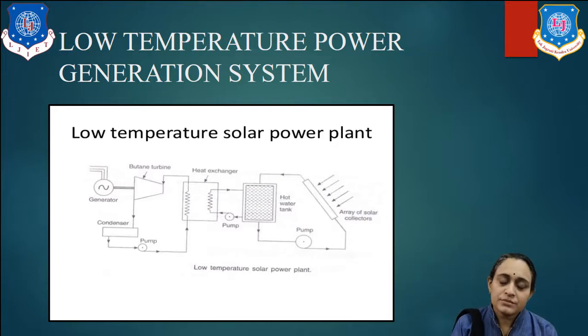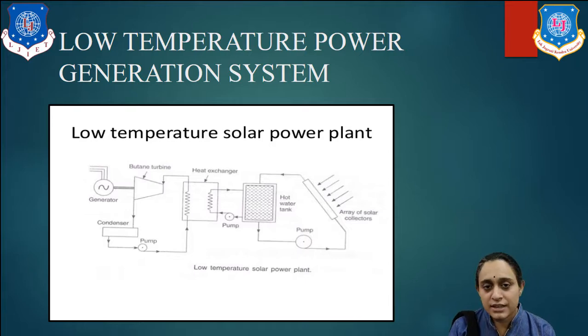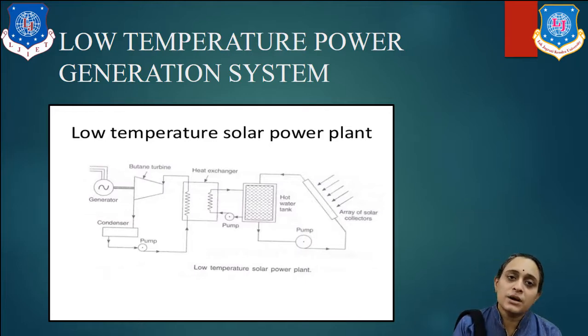As you see in this diagram, first of all, we are discussing the thermal power generation system. For this, we need to use a turbine, and we have to produce steam to generate the electricity. If we are considering low temperature generation, it means less than 100 degrees centigrade. Water is heated by an array of flat plate collectors to obtain the maximum temperature of the system. Hot water at about 100 degrees, not more than that, is stored in the thermal storage tank,